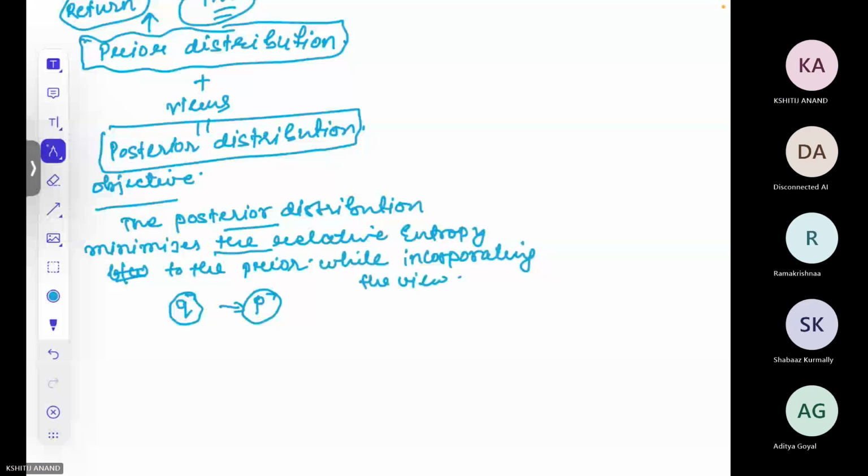Got it? Now, what is relative entropy? We will discuss it in detail. Okay. Now, let us suppose when